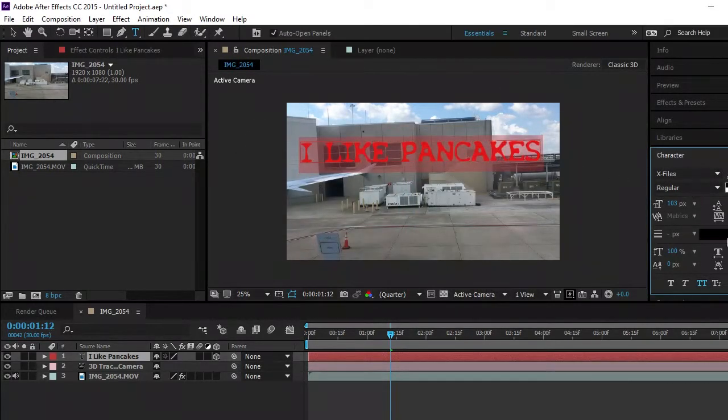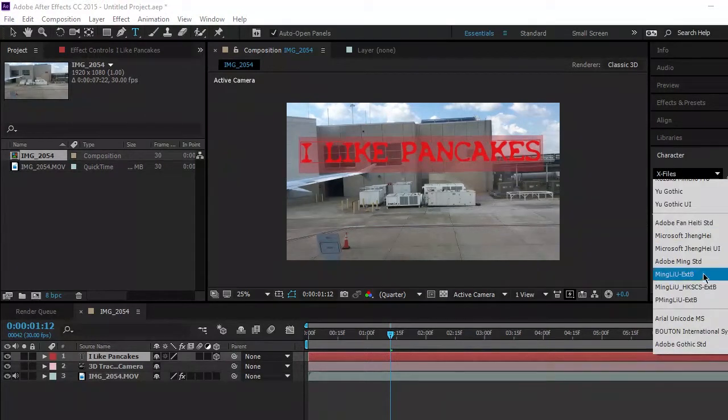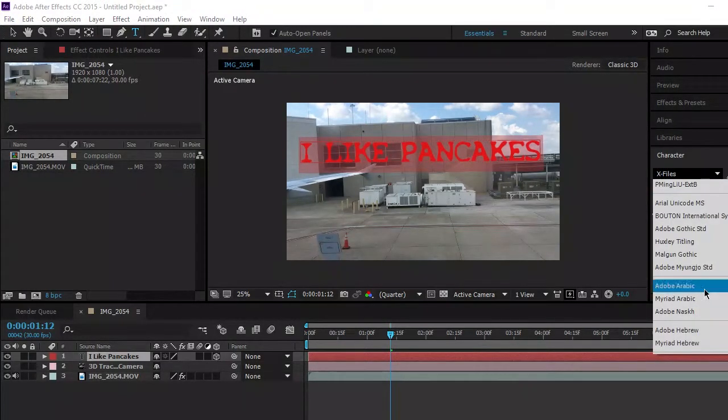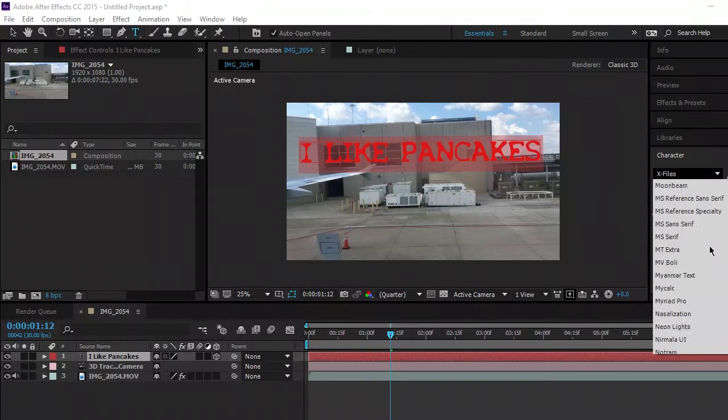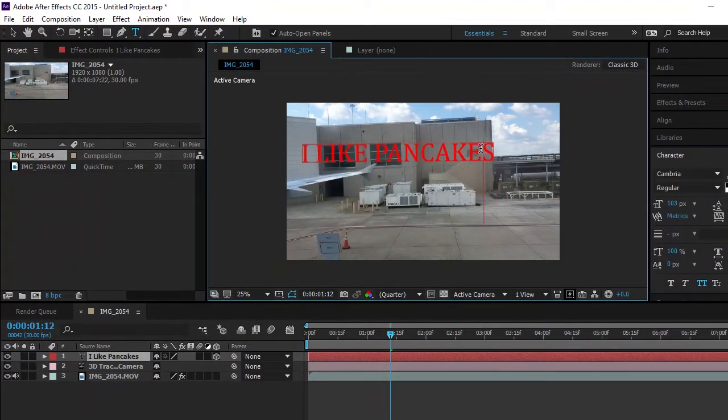I don't think it looked good with black. Let's change the font. Let's do Cambria. It's going to take a minute. Okay. Now that we have this, which I don't know what that is,